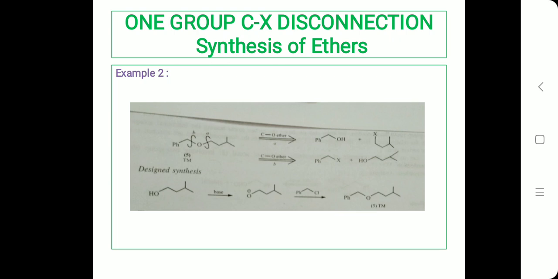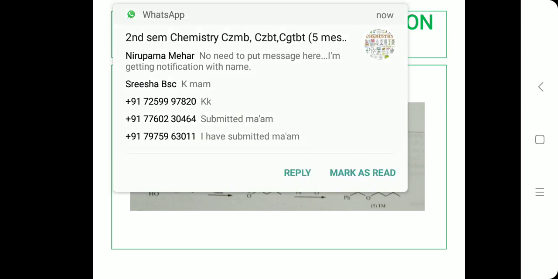So we have an alcohol. When it reacts with the base, it's going to abstract the proton. And on reaction with the acid chloride, that's the benzyl chloride, is going to give us the target molecule. So when you solve more problems on ethers, it is going to be much simpler for you to write down in your exams or in the competitive exam. So next we are going to check on the example 3.